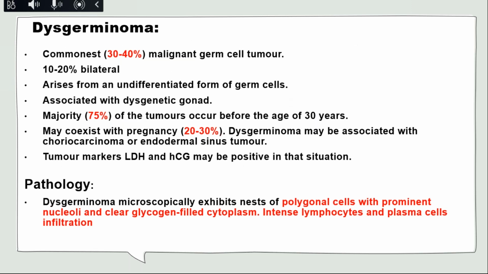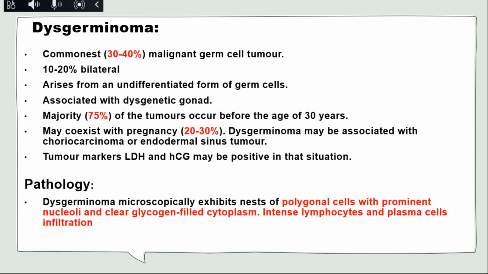Okay, so let's start with germinoma among the germ cell tumors. This is the commonest. As I said, in the strategy, they have mentioned it is 45%, and in the talk, they have said about 30 to 40%. So we can say that it's around 30 to 45%. Ten to 20% may be bilateral, and it actually arises from undifferentiated germ cells